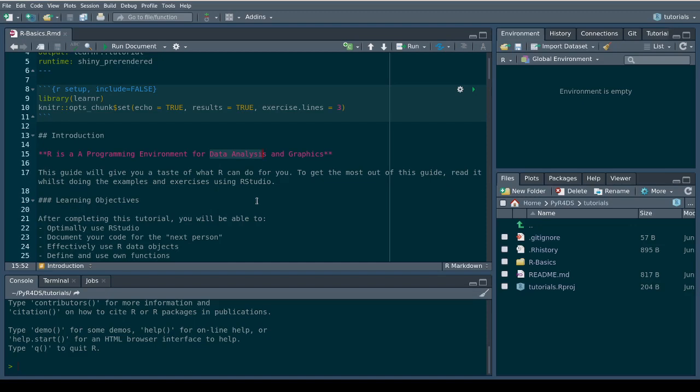And to get the most out of this guide, I urge that you follow along while doing exactly what we are doing in your own RStudio session. That means at least you should have your RStudio installed, and to install RStudio you need R installed.